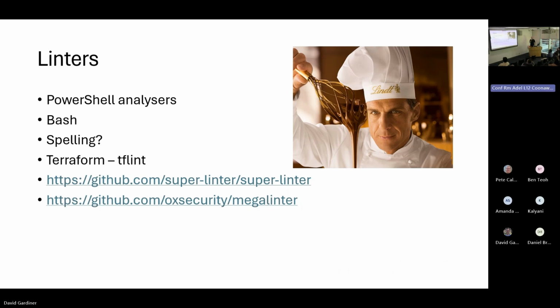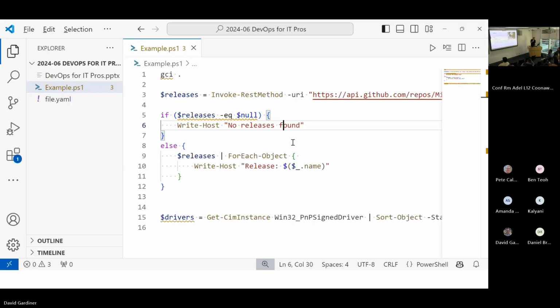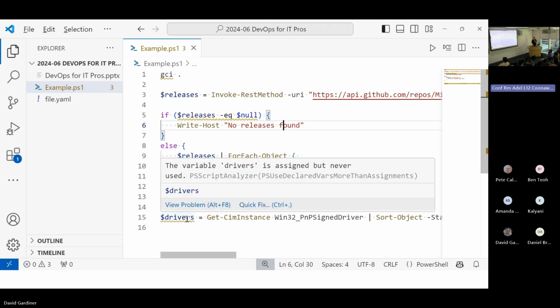Linters, not that lint. That does look pretty good, doesn't it? These are really just about letting you know of extra things. So your scripts, your infrastructure as code, it's valid, it'll work, but maybe there are some little warnings there that you might not be aware of. It could be just that you've got some stuff that's not actually being used. So let's say we might have a variable that isn't being used. And here I've got one, there's a PowerShell analyzer that's going to say,